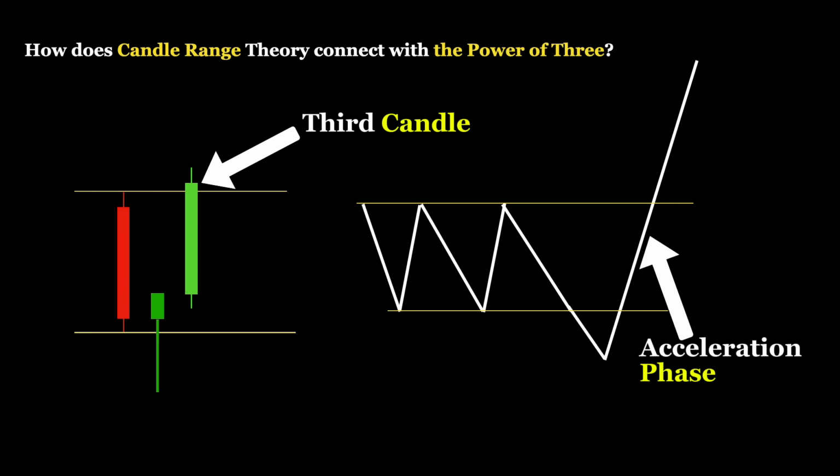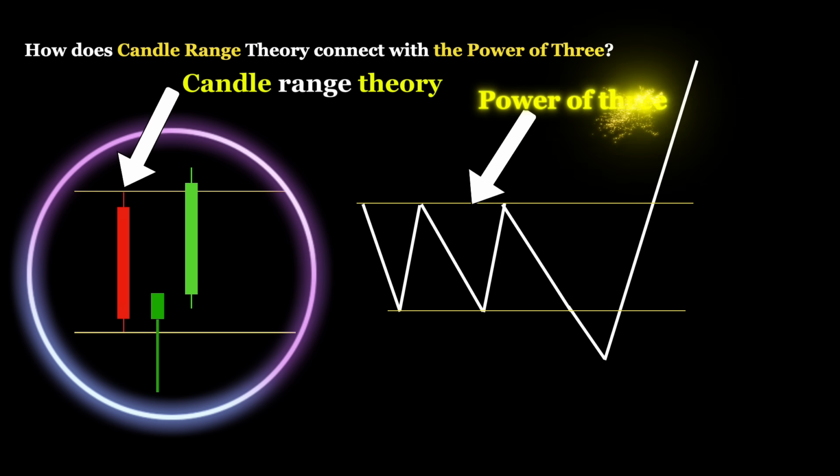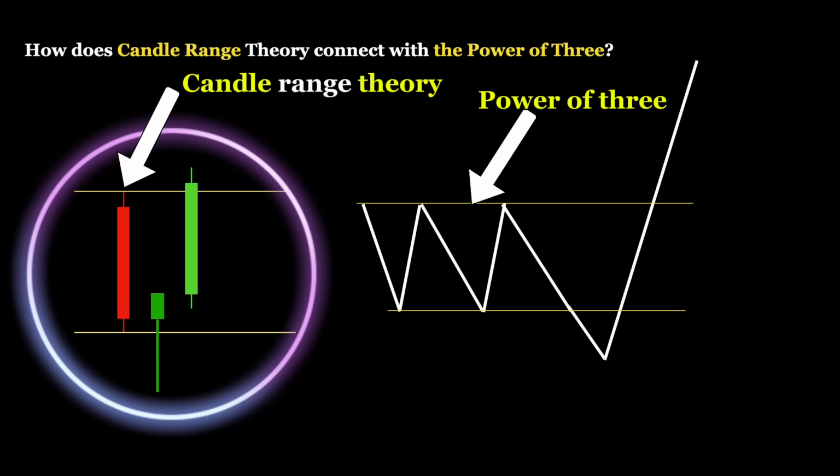So here is the golden connection. One higher time frame candle equals the entire power of 3 cycle on the lower time frame. When you understand this, CRT stops being just a theory. It becomes a roadmap that shows you exactly where smart money is accumulating, where they're manipulating, and where they're accelerating